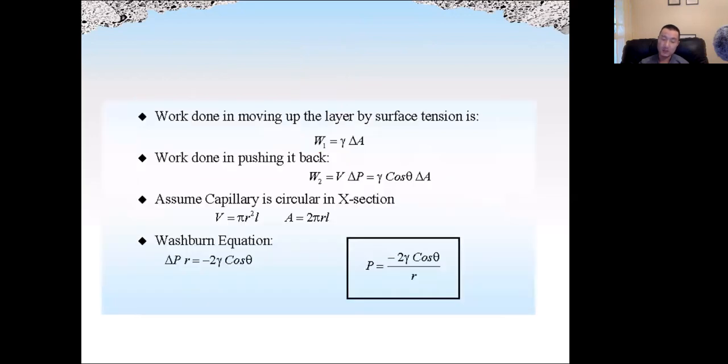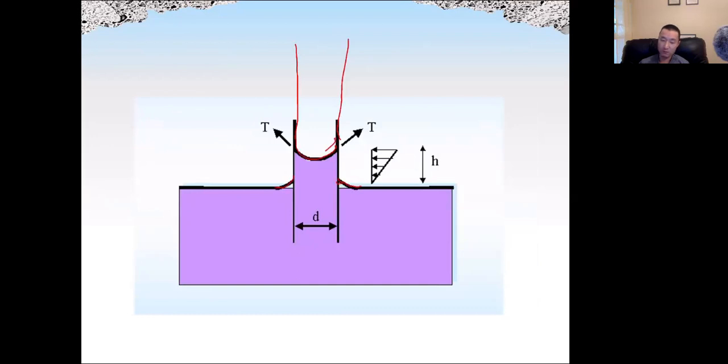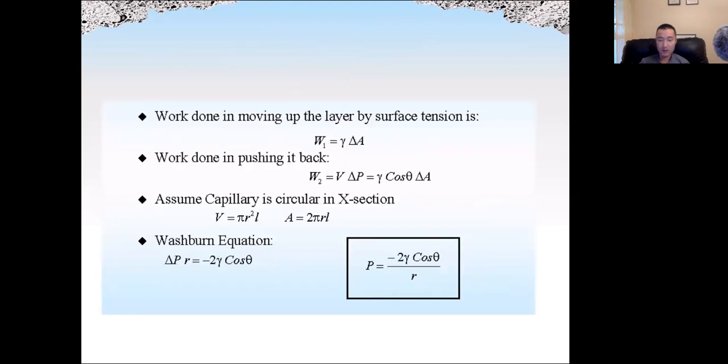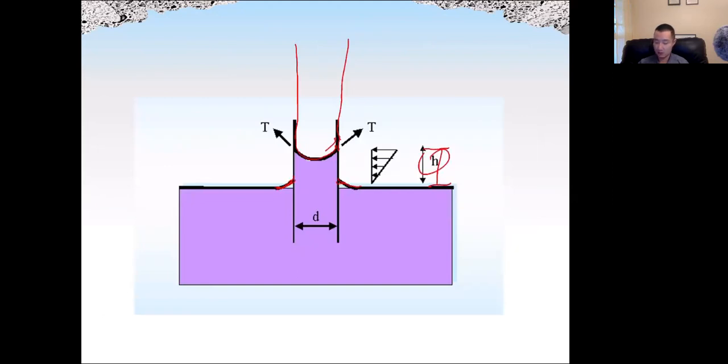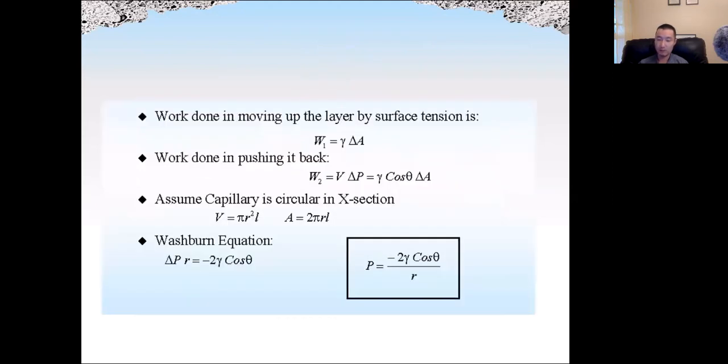This is because, again, we need to form a balanced force on the atoms near the surface of the liquid. And the capillary height, h, depends on the surface tension of the atoms, such as water or other liquid. Right. So the work done in moving up the layers inside the glass tube, due to the surface tension,